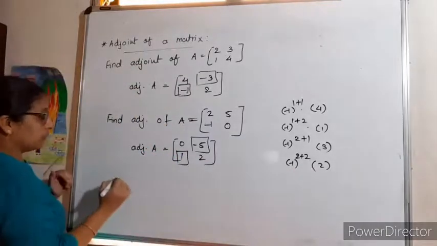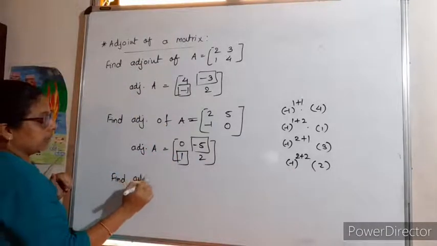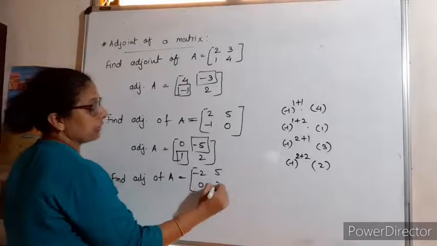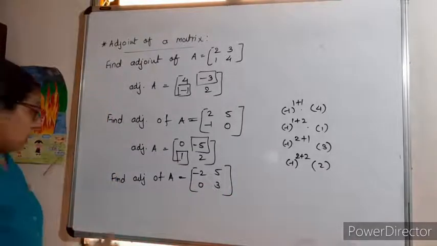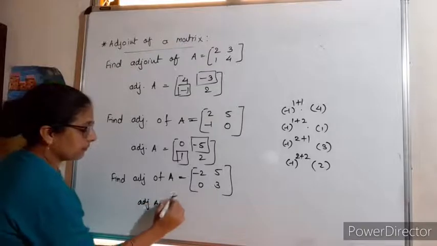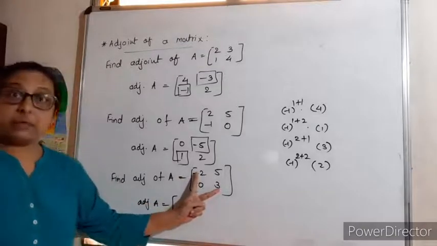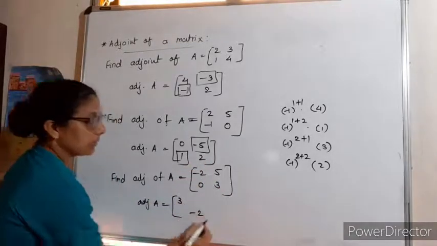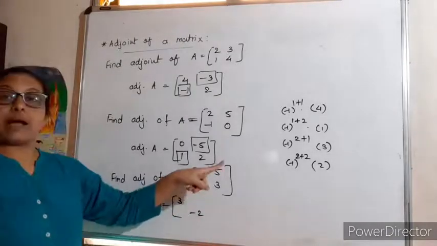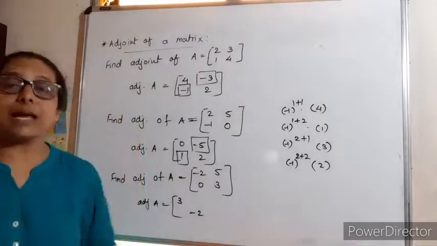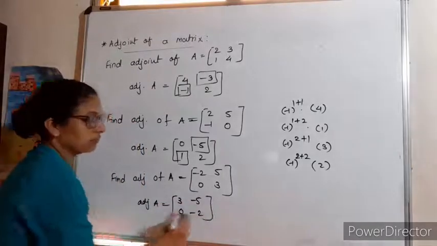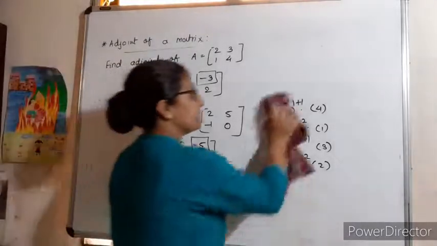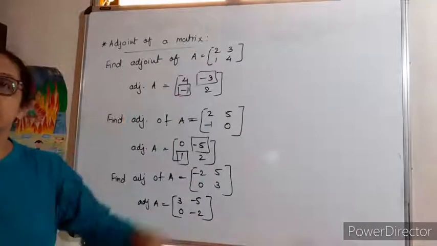So how to find? Suppose you want to find adjoint of A of -2, 5, 0, 3. अगर आपको find करना है, so how to find this adjoint of A? क्या करना है? यहाँ पे the principal diagonal interchange its place, so that 3 minus 2, and this secondary diagonal just change the sign, that is -5, 0. और easy हो गया. You understand how to find this adjoint of 2 by 2 matrix? तो ये सब करने की जरूरत नहीं है.